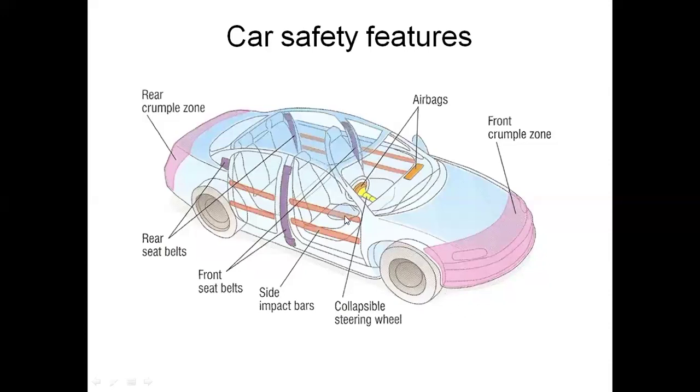The person sitting on the driving seat will of course continue moving due to inertia. When the car comes to rest due to a collision with the wall, the person, due to inertia, continues moving and will hit the steering. Here the steering will be collapsing, increasing the deceleration time. The person is going to decelerate, but will take some time to decelerate. When the time is longer, the person comes to rest in a longer time, so the force will decrease. It means the rate of change of momentum will also decrease, so the force acting on the person will decrease.